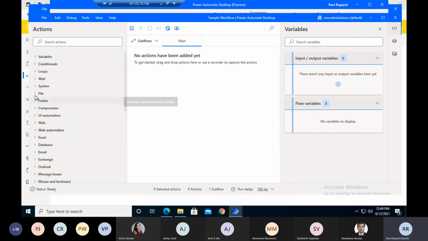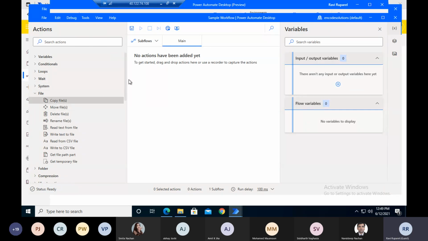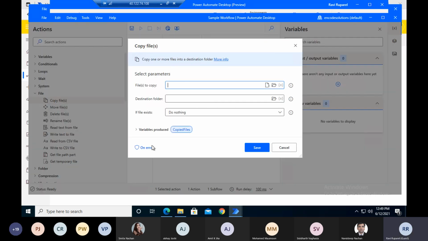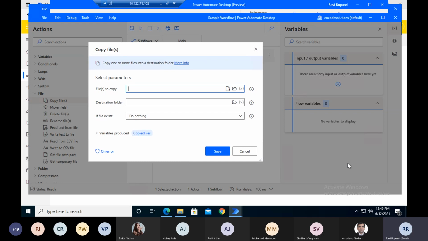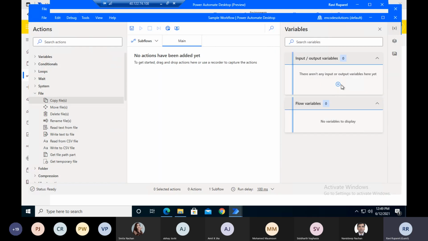When we drag and drop any action, like copy files, it will produce different variables. These variables come under the flow variables section. If we want to create any flow variables, we can create them. There are 2 types of variables we can create: one is the input variable, and the second one is the output variable. So this is for the variables.